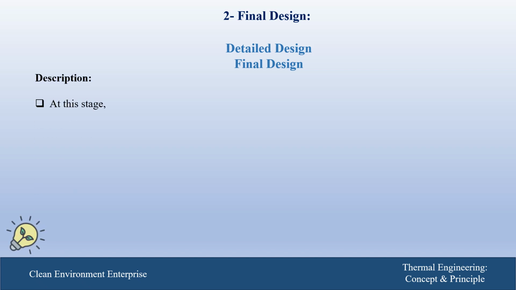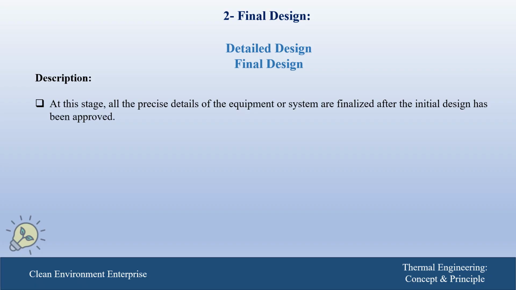The description for this part: here we have to put all the detailed dimensions, material, and the general form of the equipment or the system, and it should be approved before going to the next stage, and that means we have already approved the initial design before